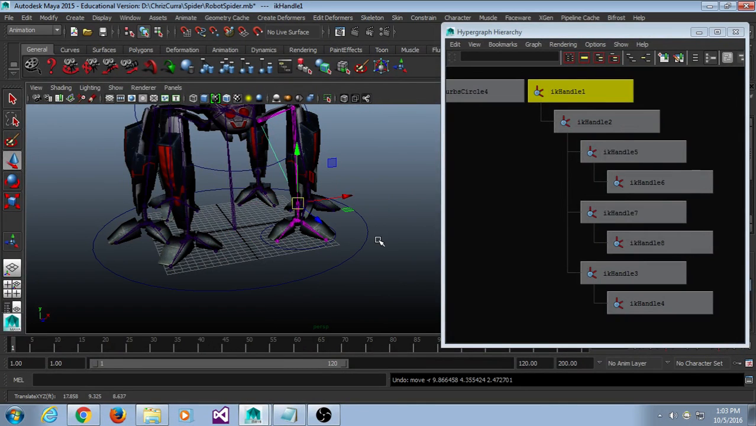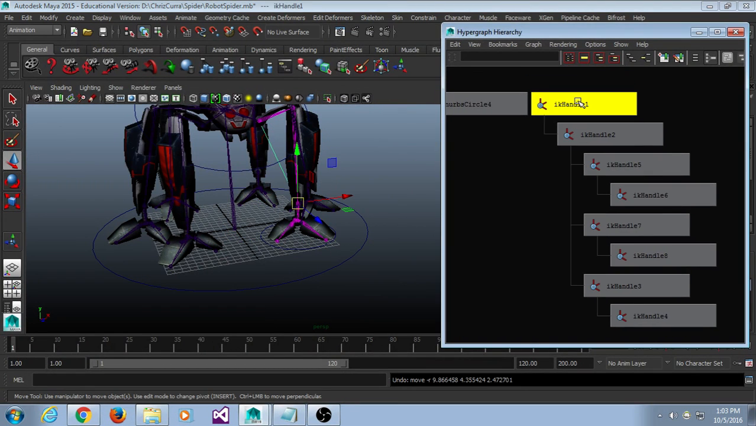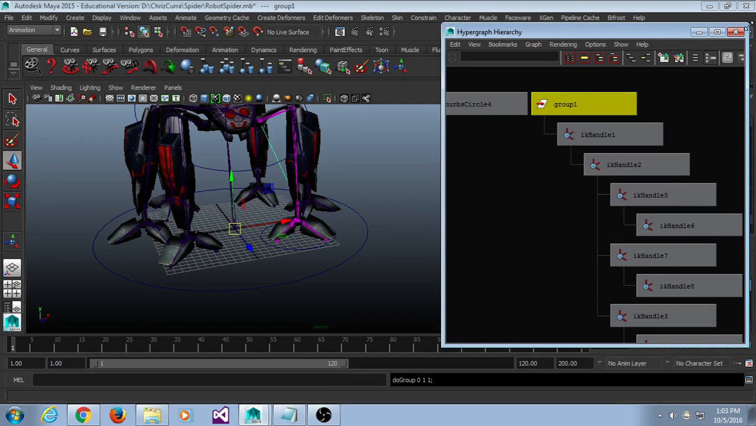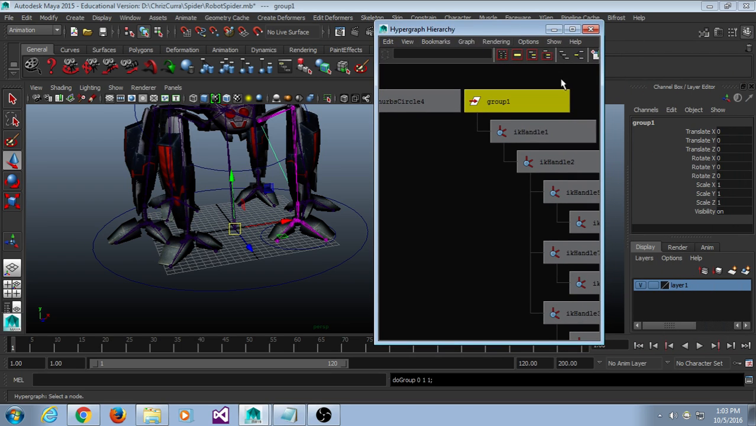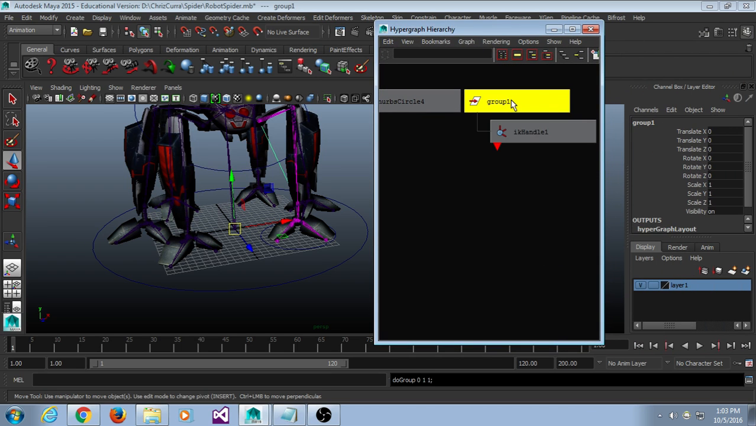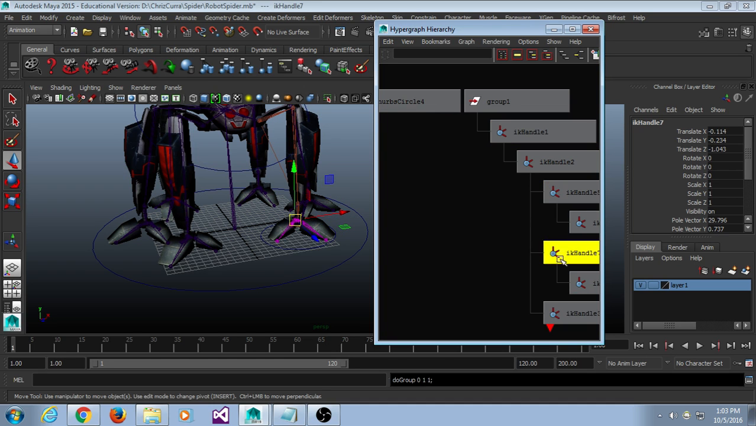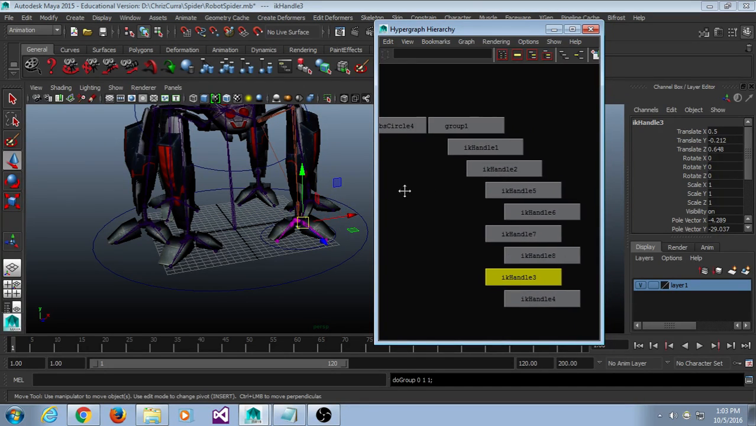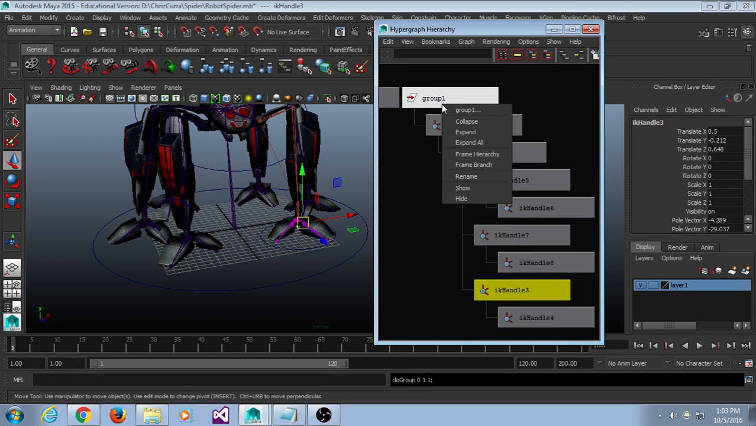So the first thing we're going to want to do is group this first IK handle. So select your first IK handle here and hit Control G. And let's go ahead and name this group. You can actually name it right in the hypergraph hierarchy. You should be able to just right click it and rename. And we're gonna rename it,